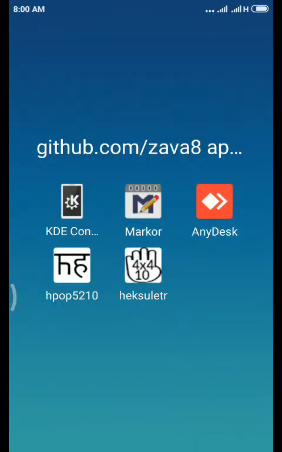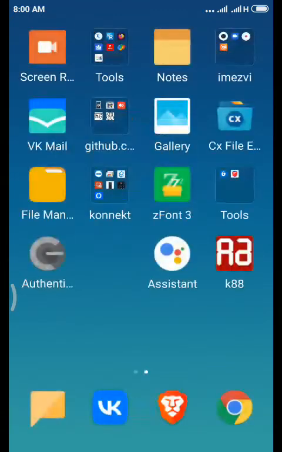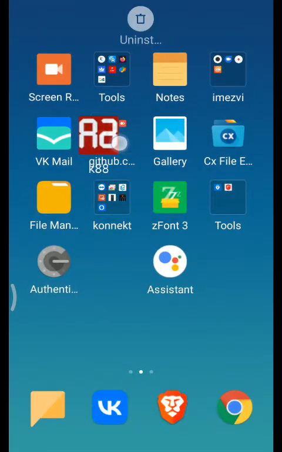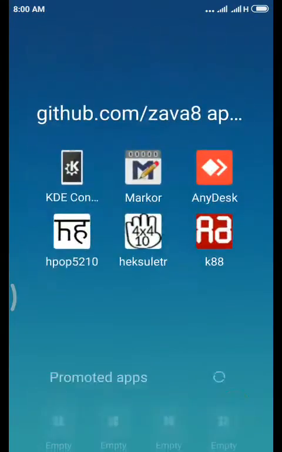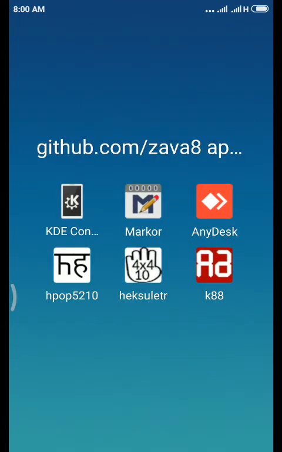Good morning, everyone. This is a demo for the KT8 keyboard. The KT8 keyboard is on GitHub, written in Java 8. In the demo we will use it with Marker and KDE Connect. The KT8 keyboard is used on Android phones as well as a remote keyboard for Windows, Linux, and other